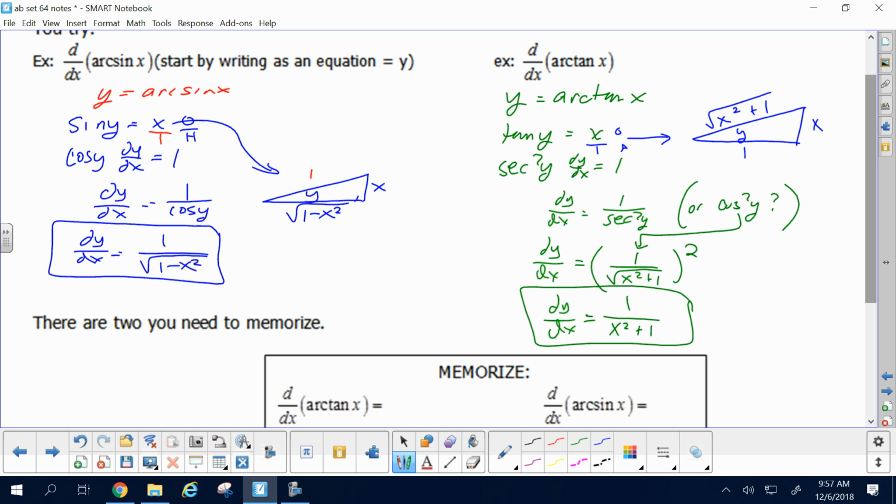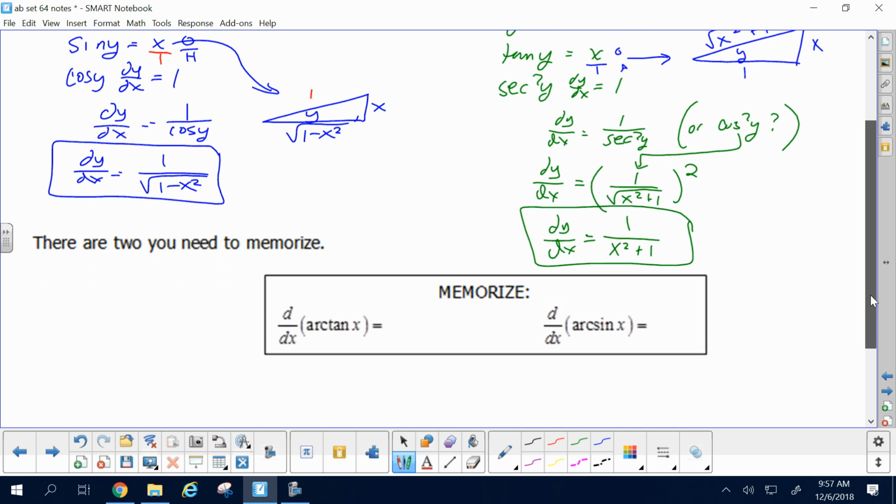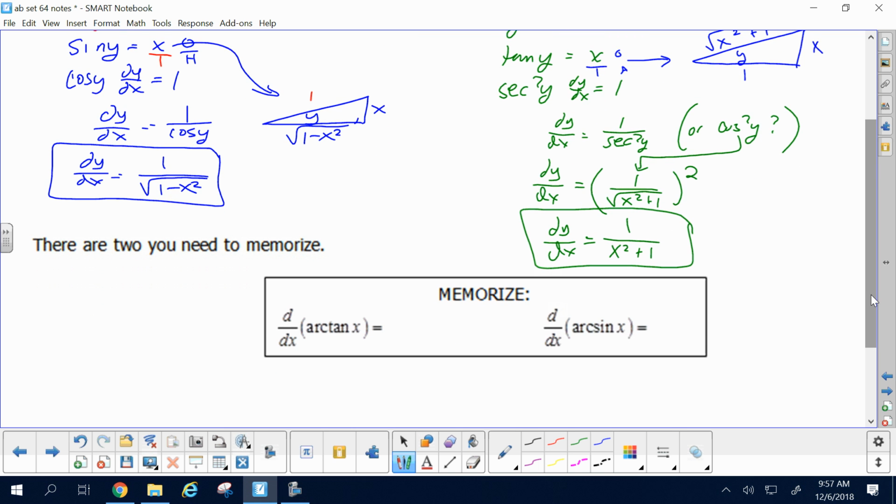All right. Sorry, I'm rushing you. I don't want to rush the process, but we do have other stuff to cover. Did you get 1 over x squared plus 1 for arctangent? Yes. Now,